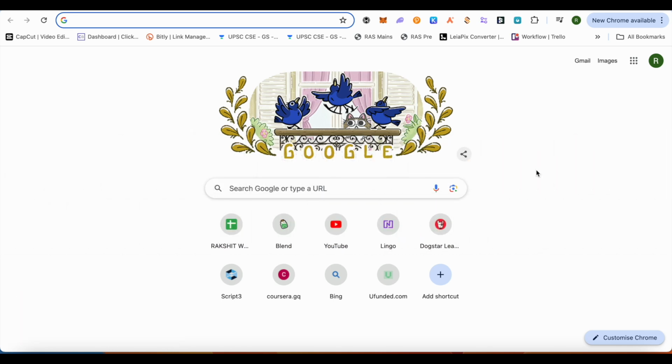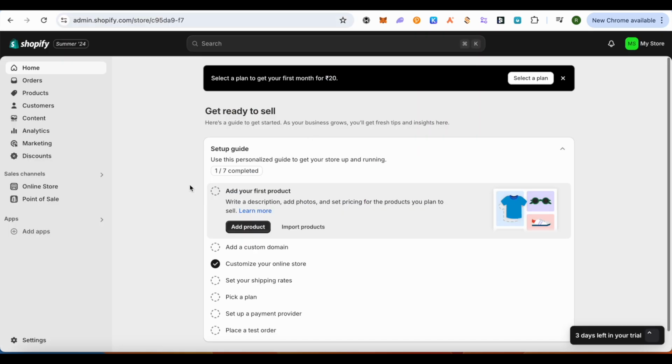Let's see how we can do so. For this, just simply open up your Shopify, and in order to create a collection you need to first add the products on your Shopify store, because we will be making collections out of different niches. Like if you are selling t-shirts, shoes and everything, then you can just simply put t-shirts into one collection and